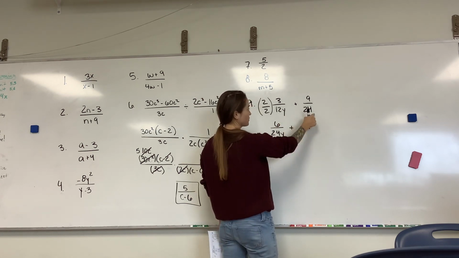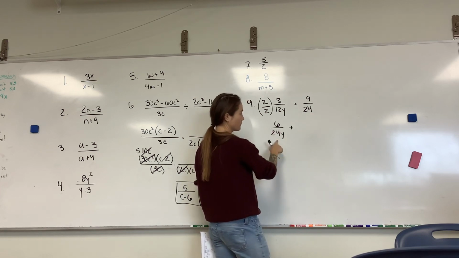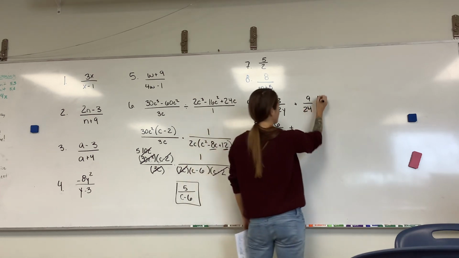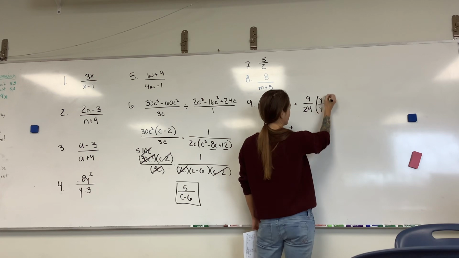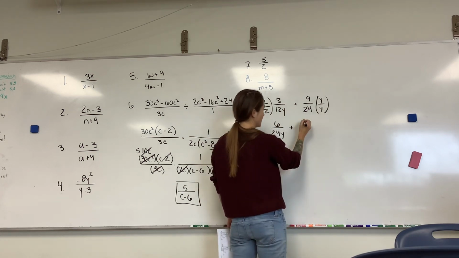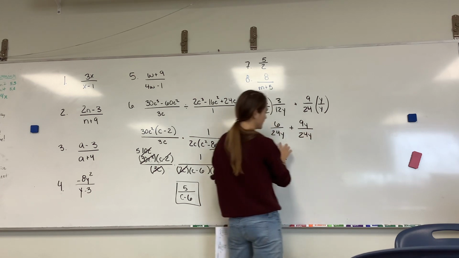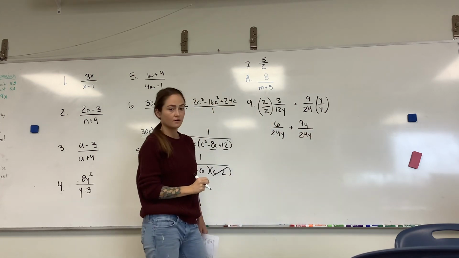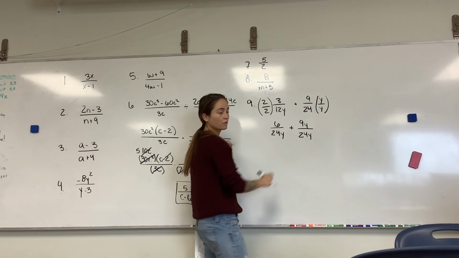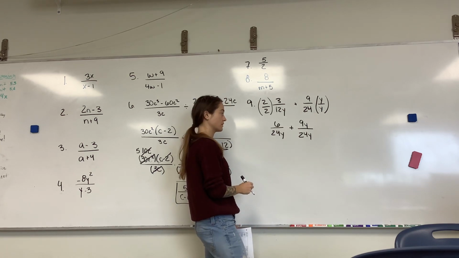And now plus, when I look at what is missing between 24 and 24y, what is missing is the y over y. So I end up with 9y over 24y. Now that you have a common denominator, you're allowed to do the numerical operations in the